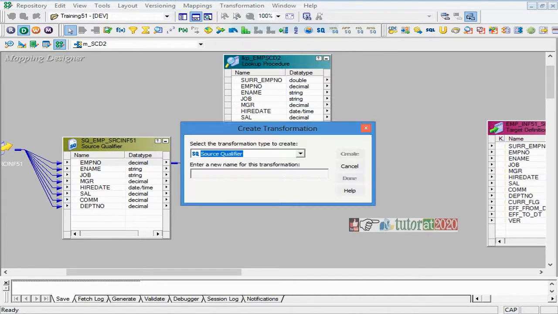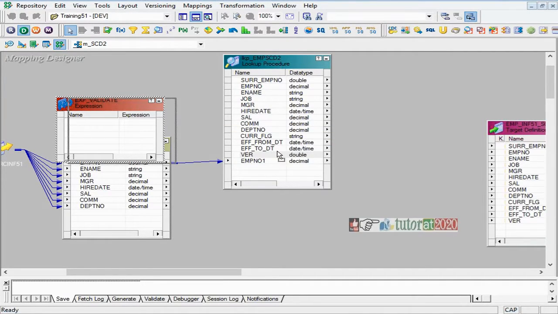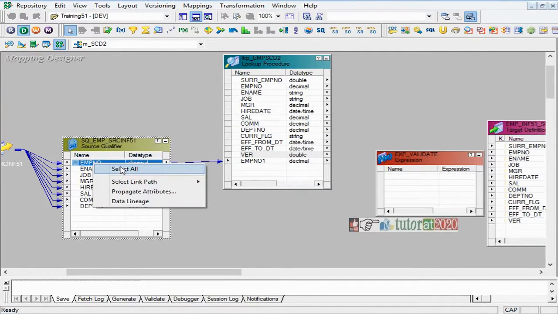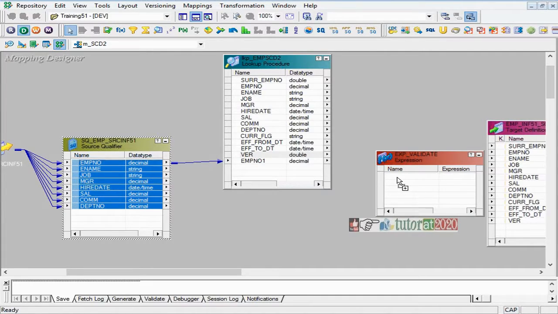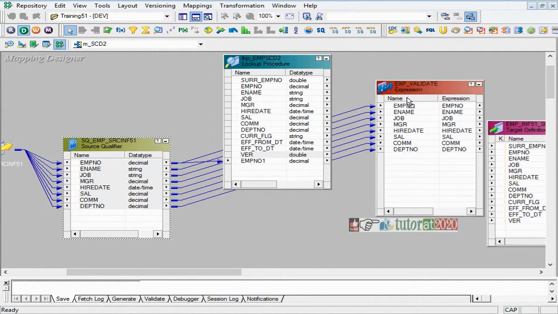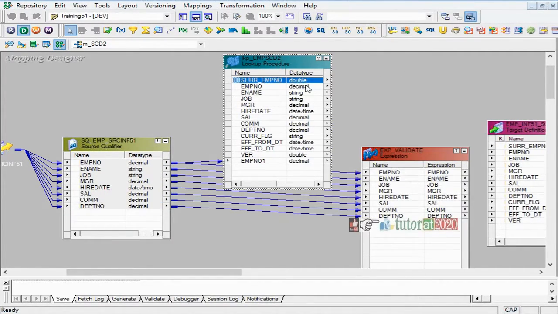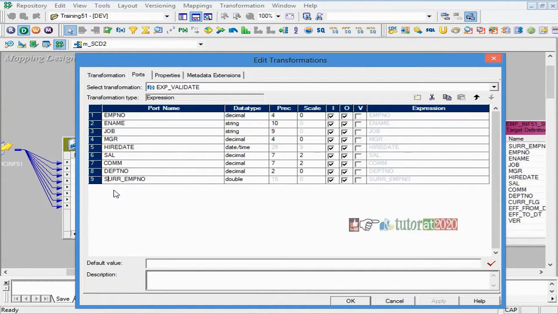And I will take the expression transformation. Since I need to write logic here to find out what is new, what is old and all, I'm taking all the values from here and taking the surrogate key from here. Anything coming from a lookup is an old surrogate key.